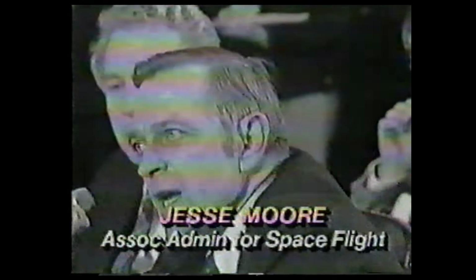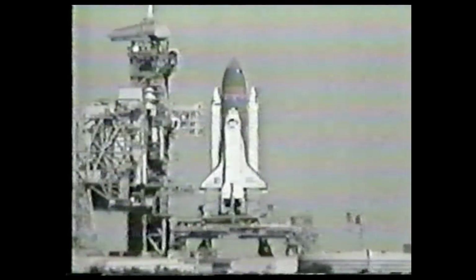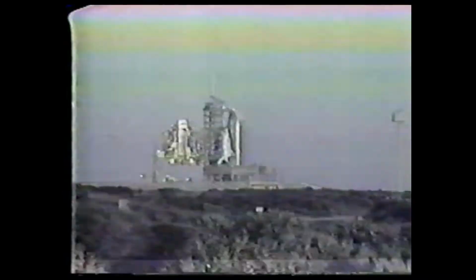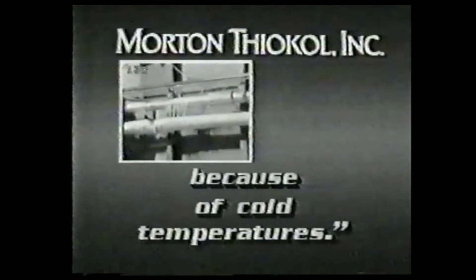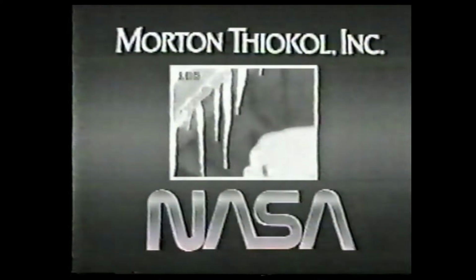But the final product, as I understand it, was a data fax piece of paper which had the signature on it that Thiokol supported the launch. But ABC News has learned from a source close to the investigation that Alan McDonald, Morton Thiokol's top engineer at the launch site, objected strongly to the launch on technical grounds because of the cold temperatures. He's said to have conveyed his concern to NASA's Lawrence Malloy, but it's not clear whether Malloy relayed his concern to higher-ups in NASA. The effect of the cold weather on the booster segments is one of the areas being